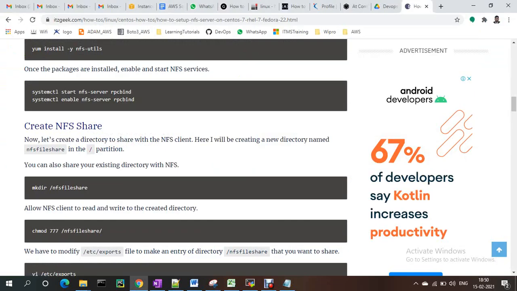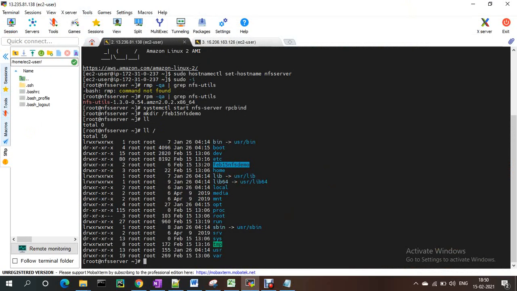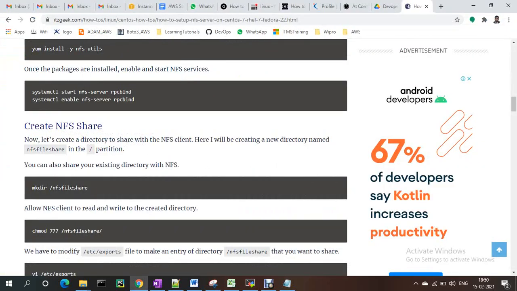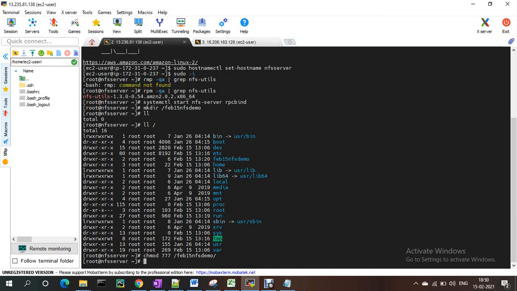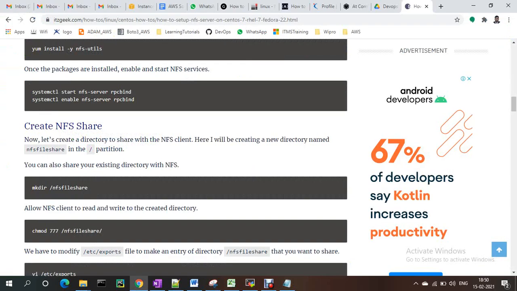Now I'm giving permissions for this folder: 777, complete read and write permissions. So I'm doing chmod 777 on the 15 nfs demo folder.